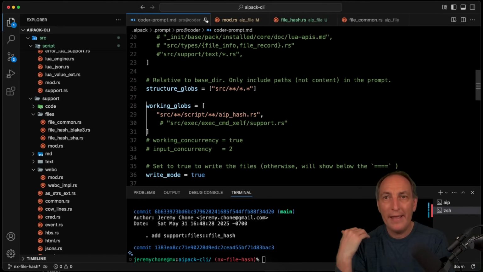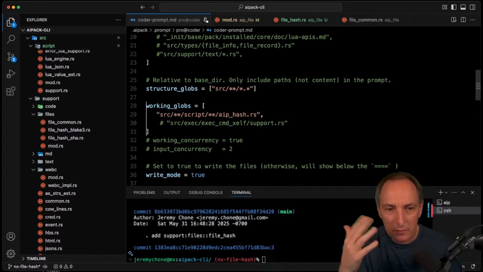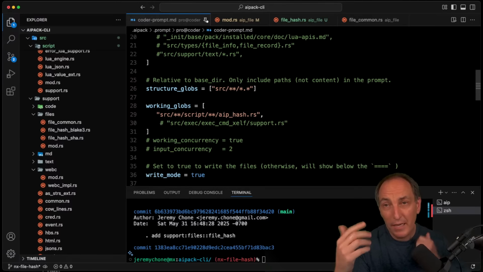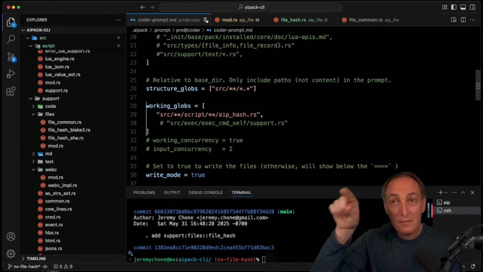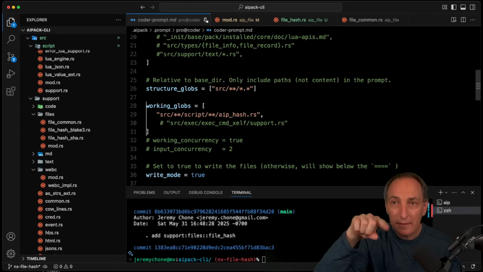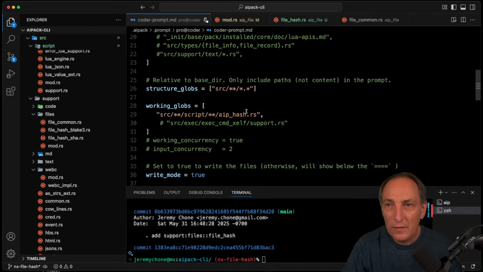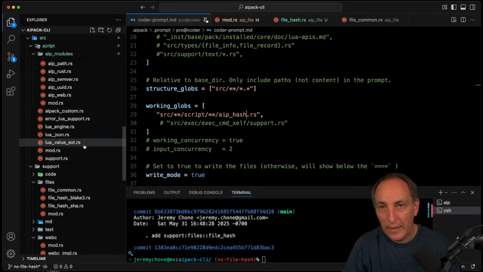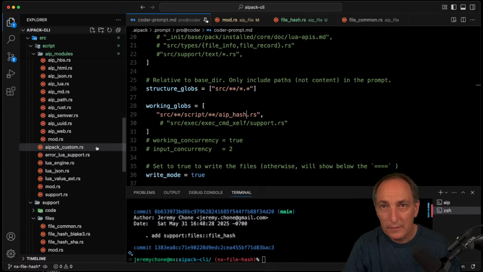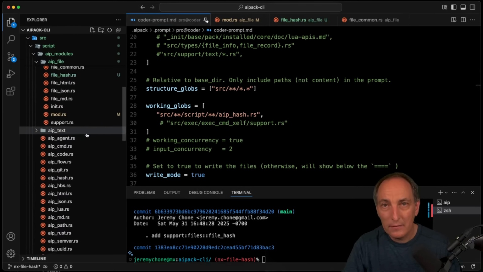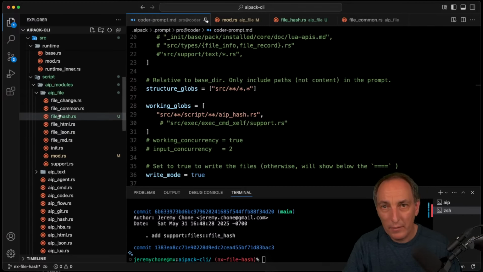It's pretty cool. So the trick, if you look at the best practices, is always to put the things you want cached at the beginning. And with code, that's important, because if you go again and again and the model doesn't give you what you want, you need to be able to iterate on things. So the working globs are always going to be last. So what we're going to give is this file, and then I'm going to give,